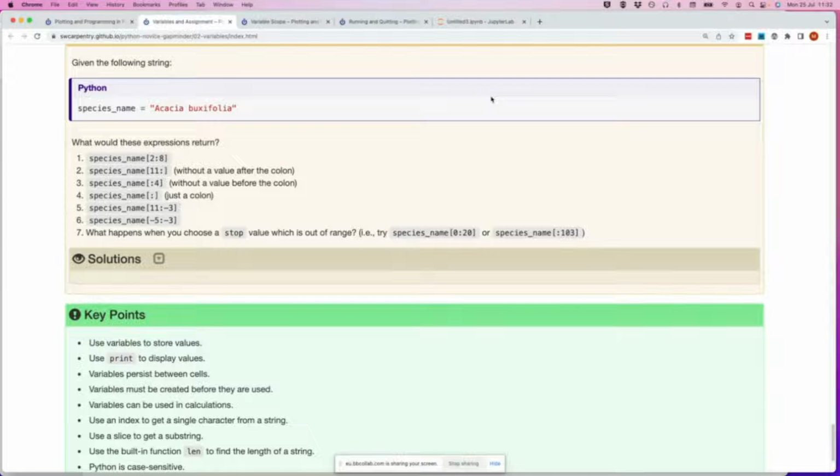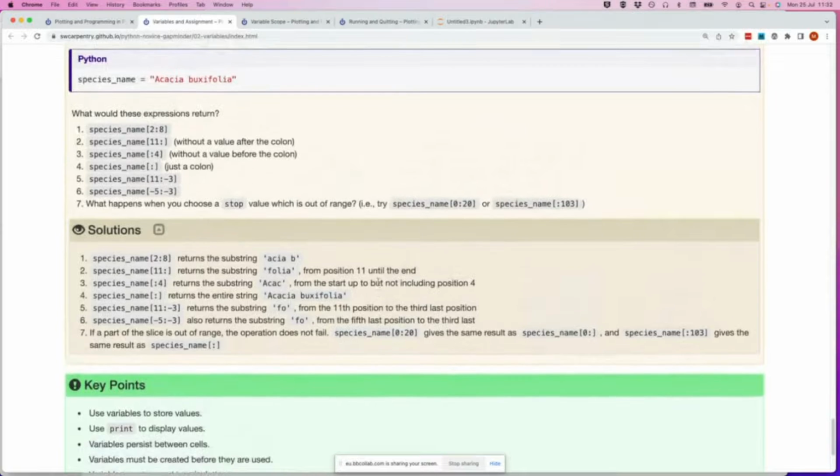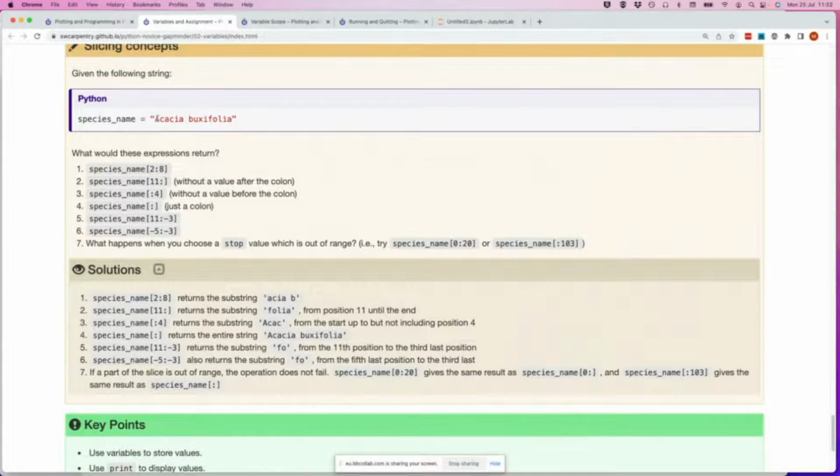Okay, so you might have had a go at this. I'll go through each of these examples. I'll just show the solution. So the first thing is that this string contains 16 characters. So when you go from 2 to 8,